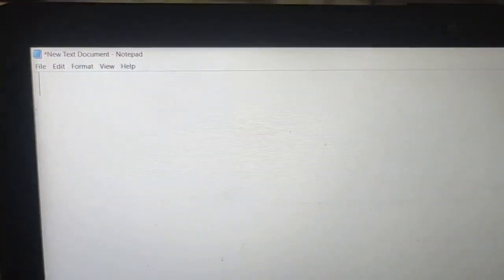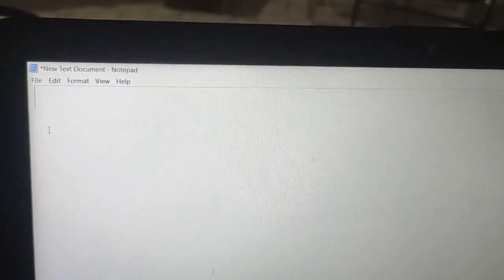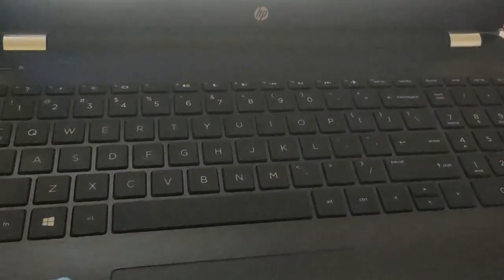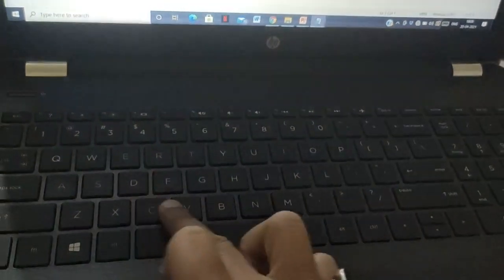See, it has opened. Now we'll see the functioning one by one of multiple keys we have learnt. Yes, now dear children, we are working in new text document, that is a notepad file. Notepad is a text editor where you can learn typing using different keys present on the keyboard. Now we have to prepare shopping list using the keys we have learnt. Okay dear children, do you remember the first keys which we have learnt? They were the alphabet keys.